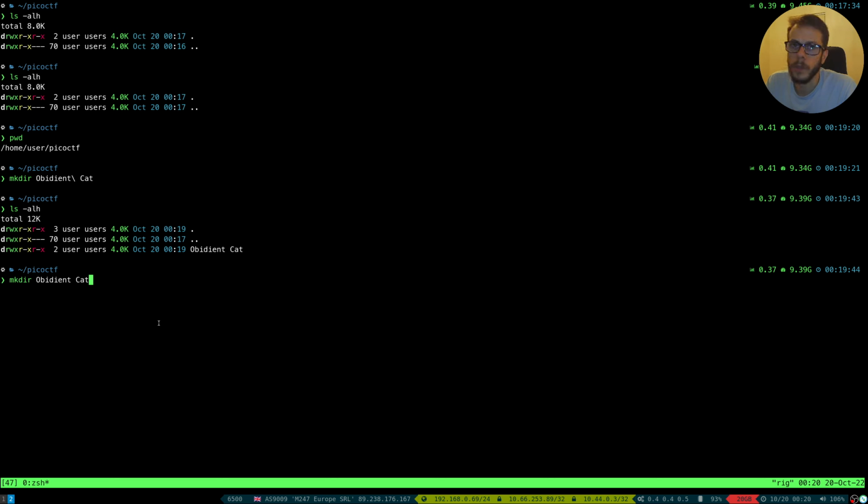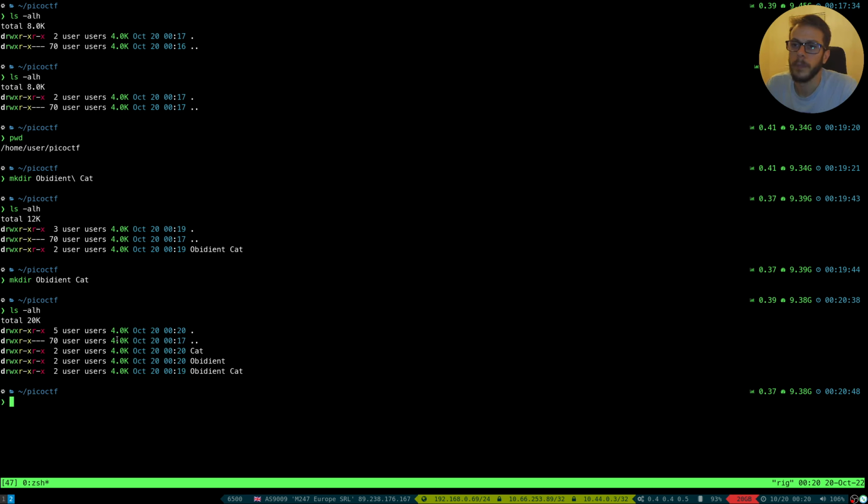And a lot of Unix utilities will support multiple arguments. So if I run this command, what do you think will happen? You can feel free to pause the video and think about this, discuss this, do the research, bearing in mind that I've also run this command as well. So when I run ls here, what do you think will show up? Let's find out. So you can see that we have cat, obedient and obedientcat,